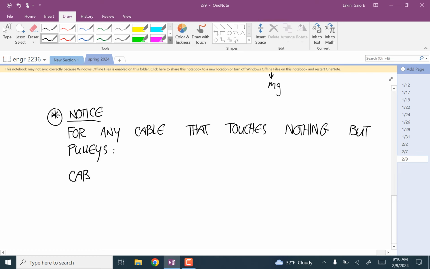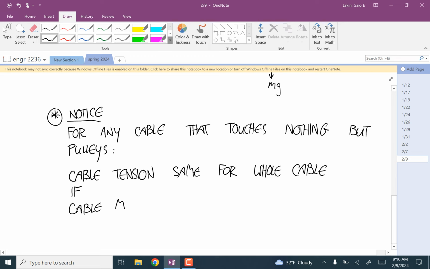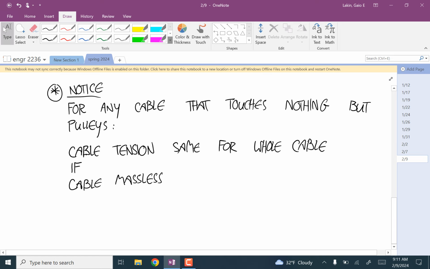Then the cable tension, T, is the same the whole way along the cable as long as these conditions are met. So if the cable is treated as massless, and the pulleys are treated as frictionless and massless,